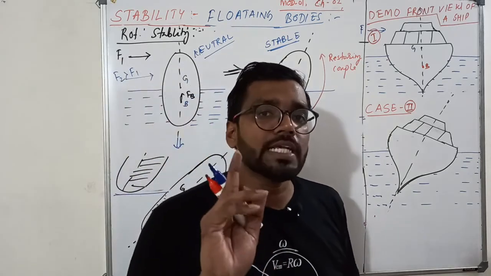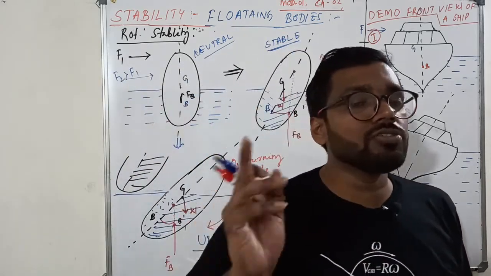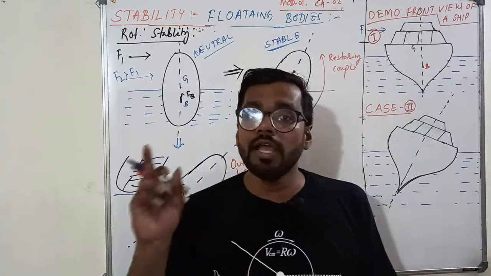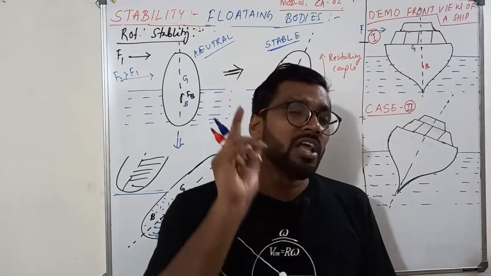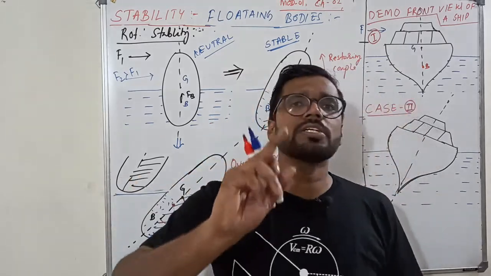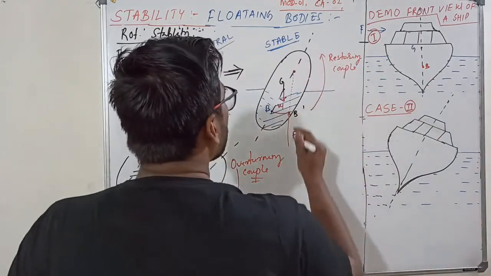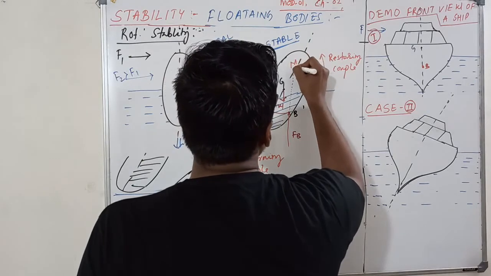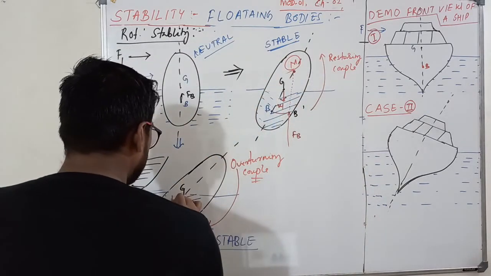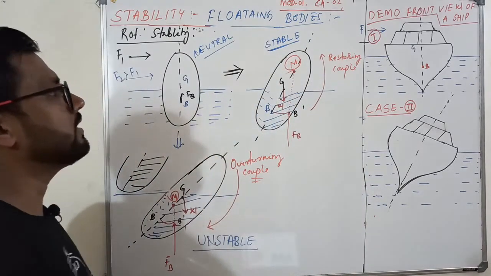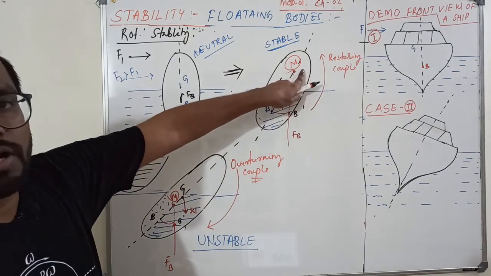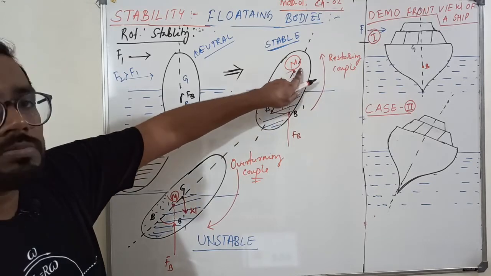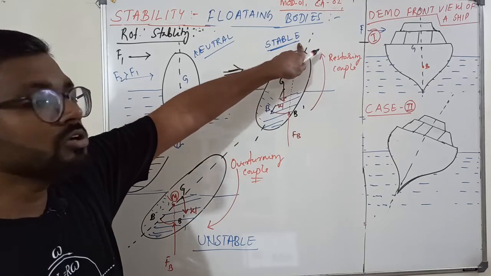So that means, except for B and G, if I have to design something for a floating body, I have to depend on some other term or some other condition. That particular point we call the meta center. So this is your meta center. Here M is your meta center. So you can see when the meta center is above the centroid, this is stable equilibrium.